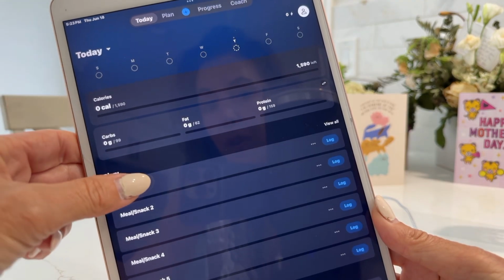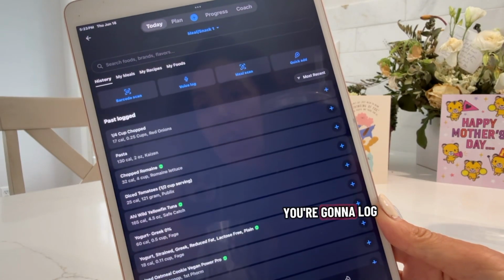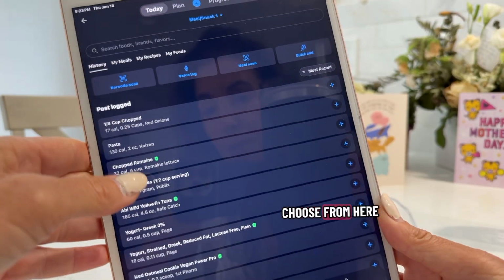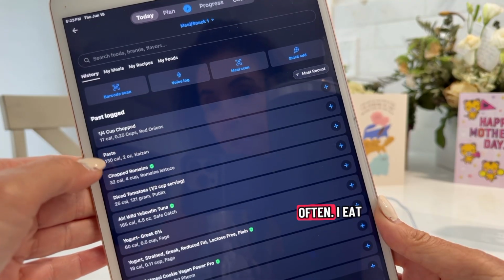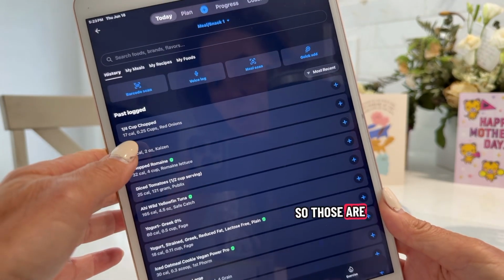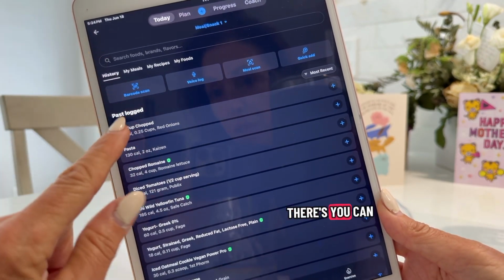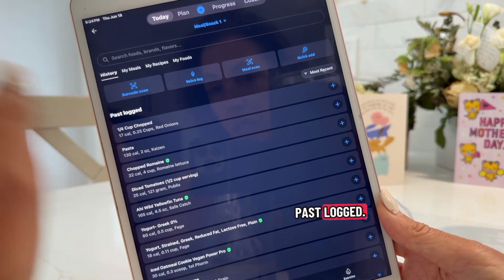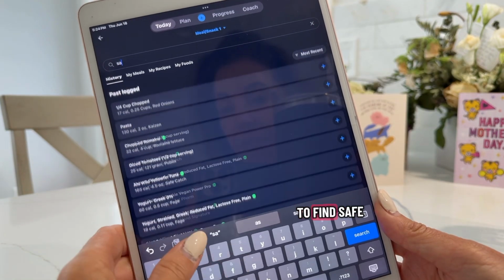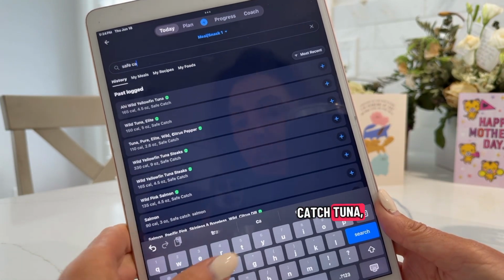I'm going to show you how to add food. You're going to log your food. This is the past things that I've logged, so I can choose from here if I want to. I eat tuna often. I eat the protein pasta. I eat Greek yogurt often. So those are all going to be in here. You can add from the past logged. You can also search for food. So for example, if I wanted to find Safe Catch tuna,